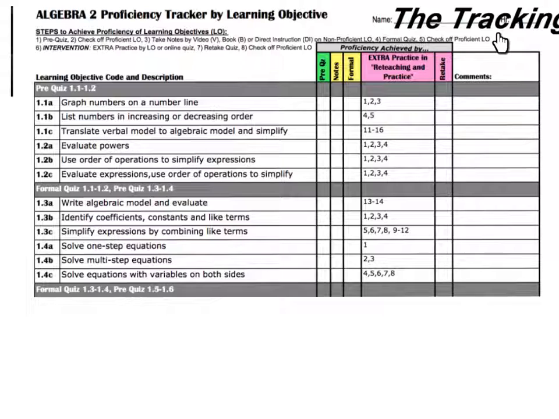For every chapter, students will track how they did their learning by learning objective. So all the learning objectives are listed. They will track and indicate what objectives they learned in their pre-quiz. They'll identify how they want to take notes on objectives they were not proficient on. They'll track the objectives that they got on their formal quiz. They have the extra practice problems associated by learning objectives to try before they prepare to retake any learning objectives missed for their quiz. Overall, this tracker will help them reflect on how they did their learning for the chapter and make any adjustments for the next